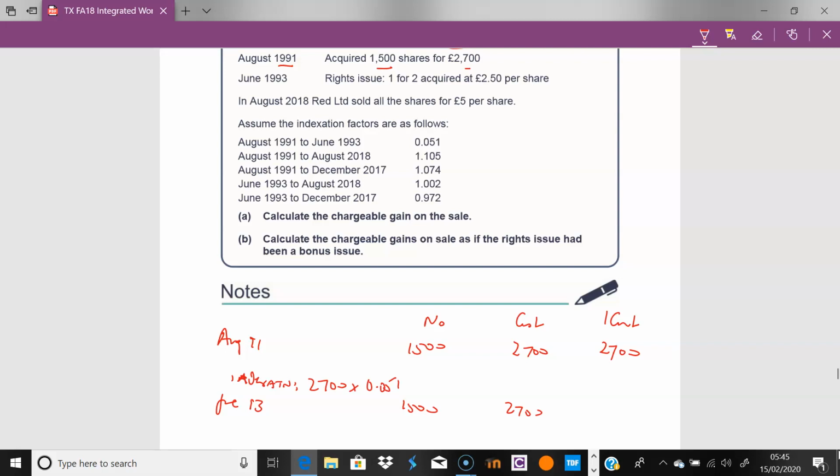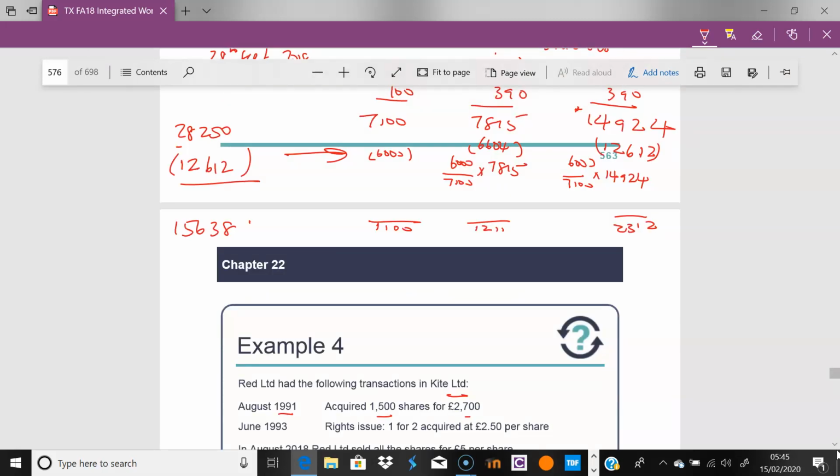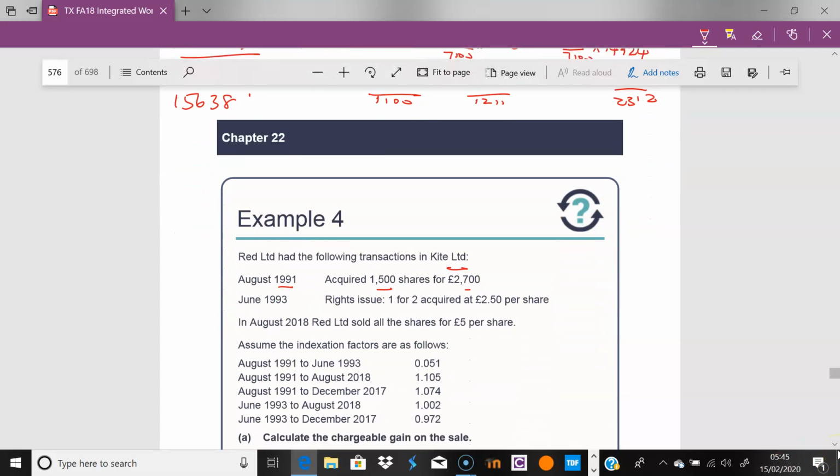2,700 times 0.051 gives us 138. Well, I have 137.7. I'll just round up to 138. So the new indexed cost is 2,838. So that's what we have, 2,838. Now it tells us that the next thing that happens is that you then, in August 2018, remember we stop at December 2017,